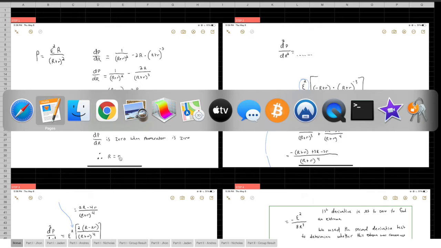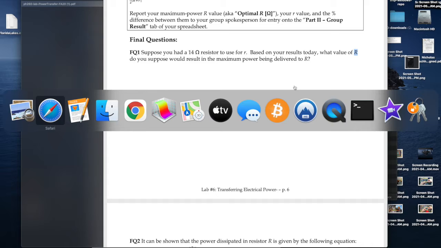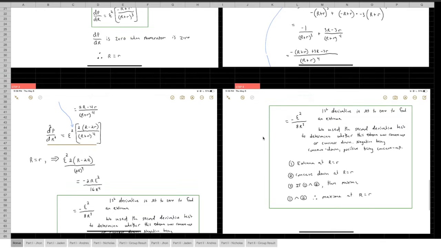So in the thing that we were given, we can see that we had the value of 14 ohms for this R, which means that this R should also be 14 ohms. Now, hopping back over to here, we can see that we took the first derivative to verify an extrema point,